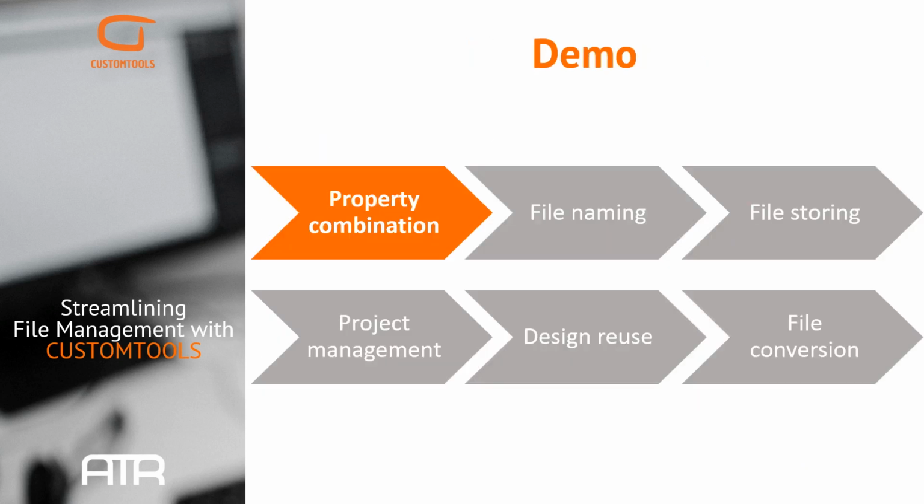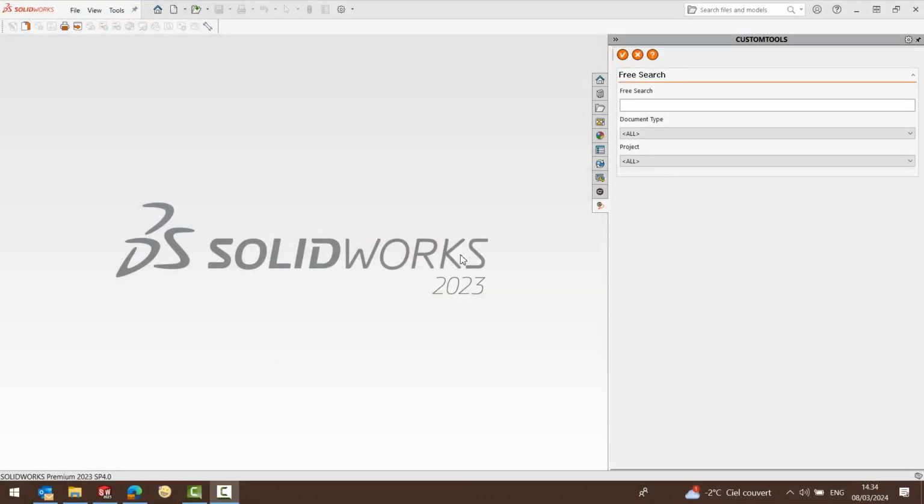In our live demo, we will highlight how you can combine your data to build advanced file naming or storage protocols, effectively manage your SolidWorks files according to projects, and copy and rename your SolidWorks assemblies to start new ones. We'll conclude the demo by showing how you can manage neutral format files generated from your CAD files. Let's get started by checking how we can use combinations of properties to drive the save location and file name